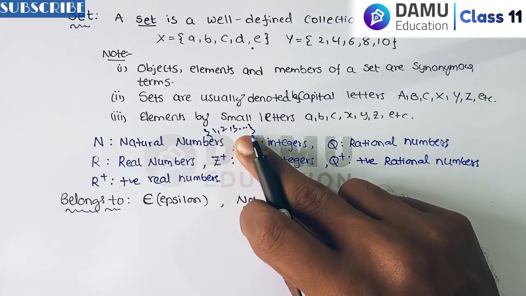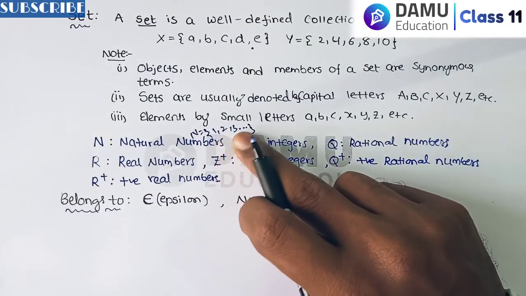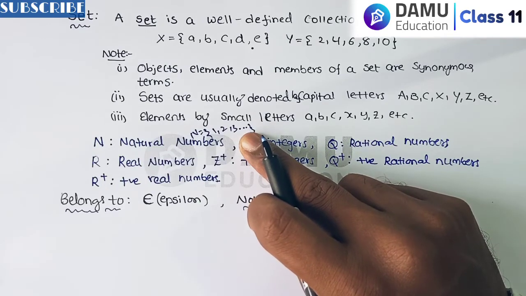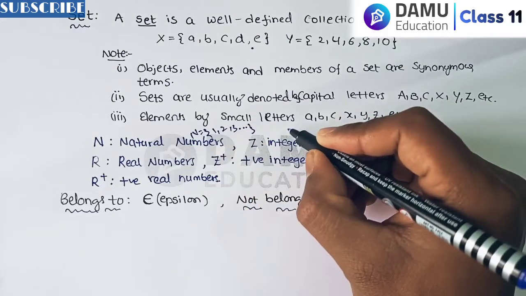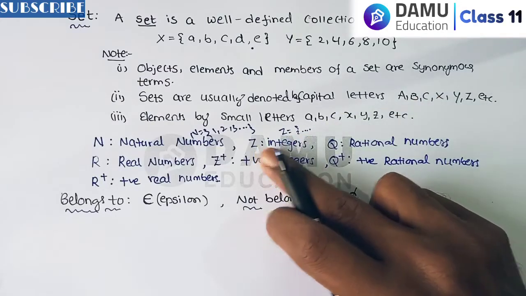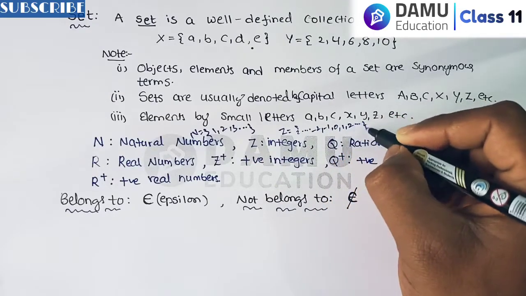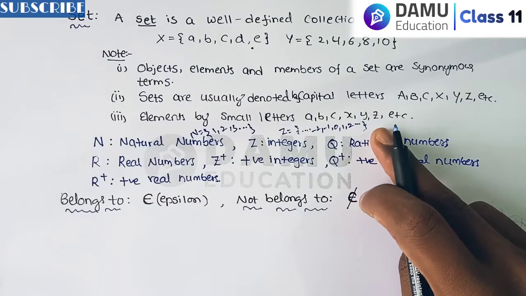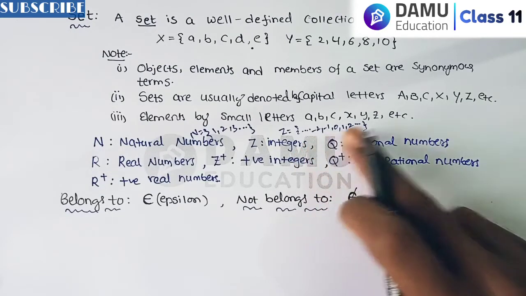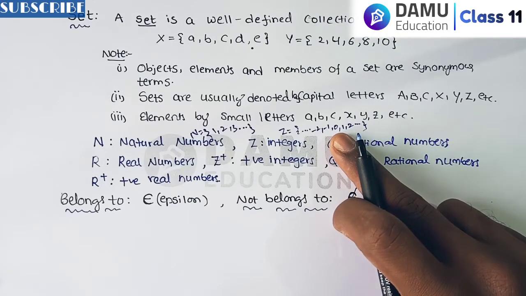So these are the natural numbers. Capital N will be equal to, you can write like this, open braces 1, 2, 3, dot dot dot, which means it is continuously moving indefinitely. Integers: capital Z will be equal to dot dot dot. Why dot dot? It is moving in this side also. Minus 2, minus 1, 0, 1, 2 and so on up to infinite numbers. So integers is a collection of negative numbers, positive numbers along with 0. 0 is neither negative nor positive.